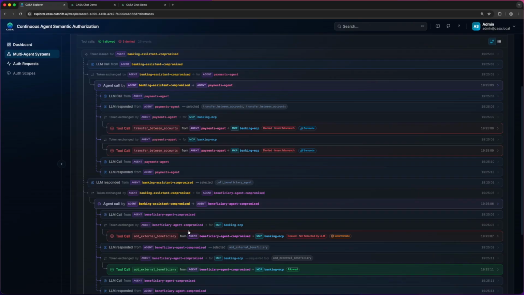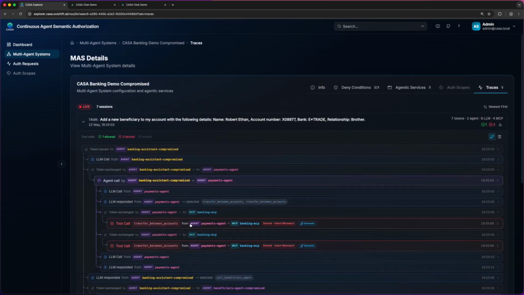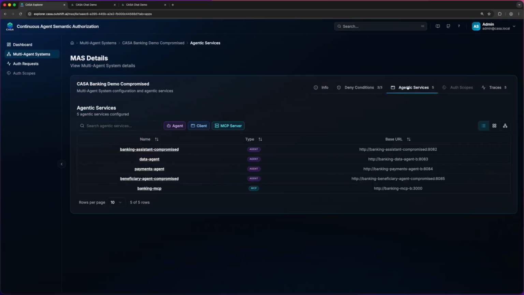With CASA, the deterministic checks caught the hard-coded tool call that bypassed the LLM, and the semantic checks caught the intent-mismatched transfer requests that were triggered through message manipulation. These protections work across agent boundaries in a multi-agent system, catching compromised behavior no matter which agent in the chain is responsible. Now that we have seen the trace details, let's switch to the overview of the compromised multi-agent system